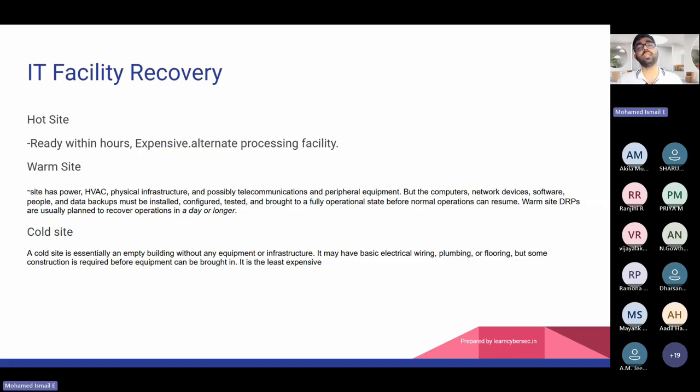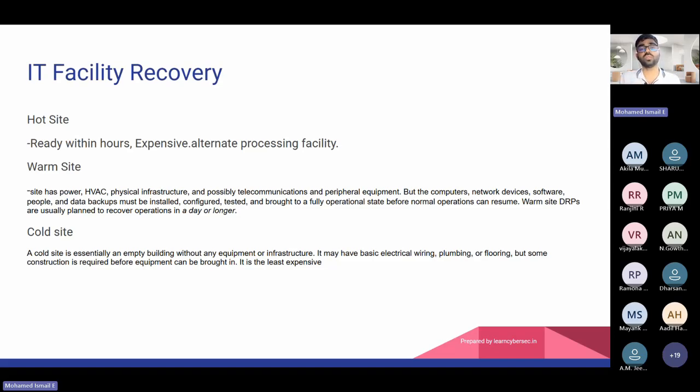So a warm site may take time, like a week or 15 days, to recover the business. But a hot site is immediate. A hot site is a replica, a copy of the primary site. Everything is loaded and ready. Whenever the primary site is out, we inform the employees to come to site B, which is the hot site. We can easily swap.